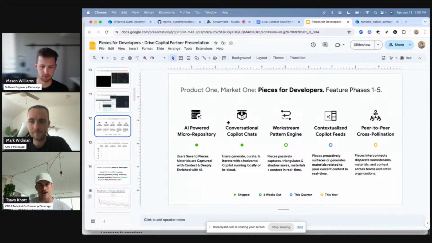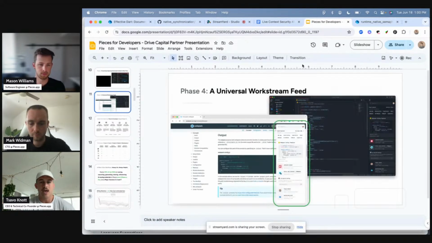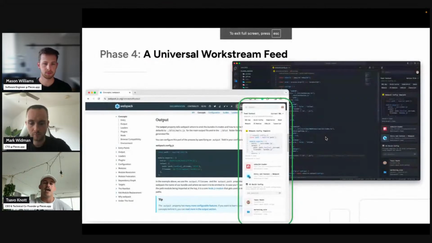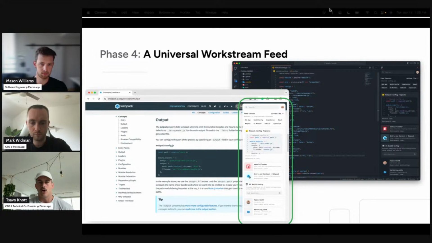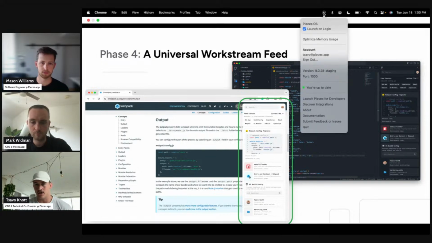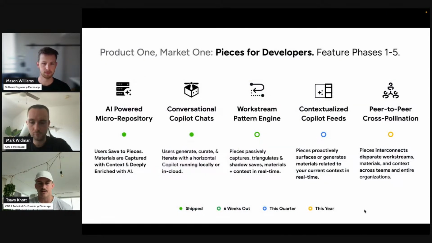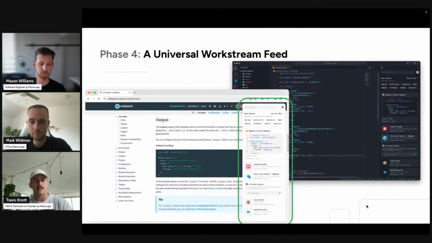If we're able to understand your context in real time and capture things for you, you're of course still able to traditionally save to Pieces as well. Well, the opposite of saving in our world is suggestion. And so in August, we're going to be shipping something called the workstream feeds, or the Copilot feeds. Basically, this is a heads-up display for developers across the entire operating system. It'll be available right up here inside your Pieces dropdown, or on Windows, of course, down in the bottom corner, same with Linux. And of course, inside the plugins as well.